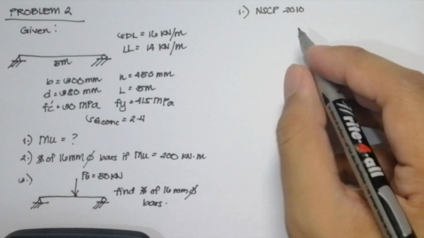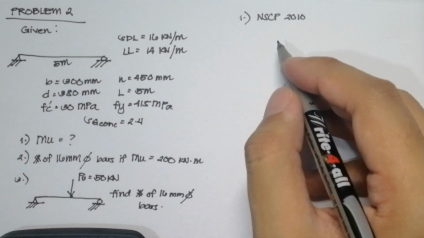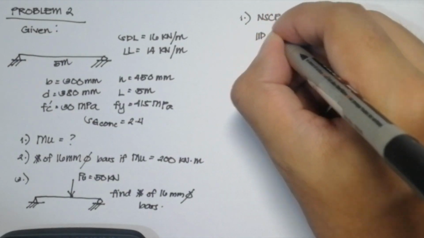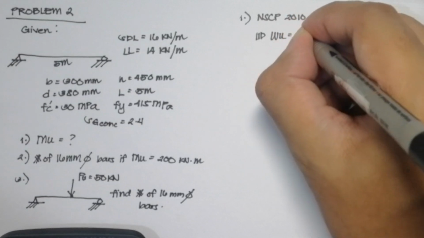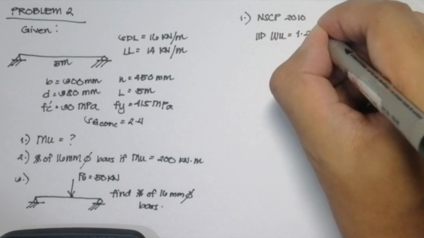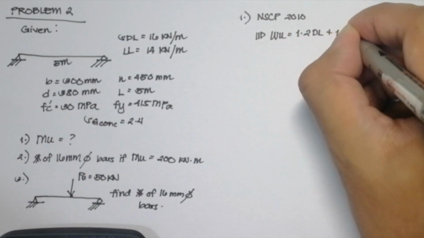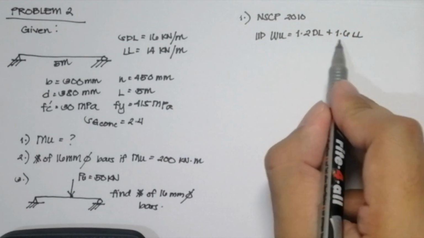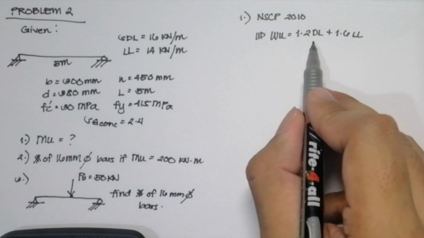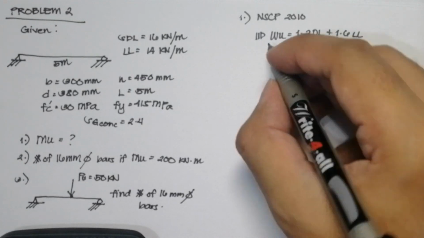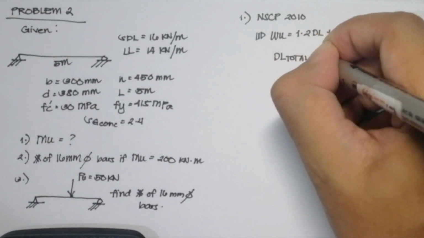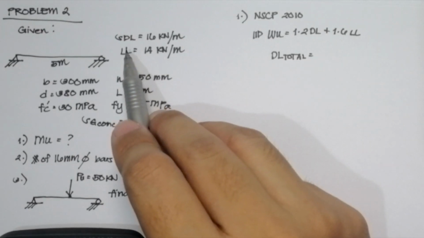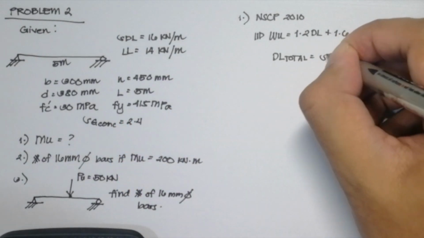Based from NSCP 2010, also similar to the NSCP 2015, to solve for the factored value, we need to use the basic dead load and live load combination of 1.2 dead load plus 1.6 live load. We need that to solve for our ultimate distributed load or our factored distributed load. But first, we need to find the value of our total dead load. Our total dead load is composed of 16 kN per meter service dead load plus, of course, the self-weight of